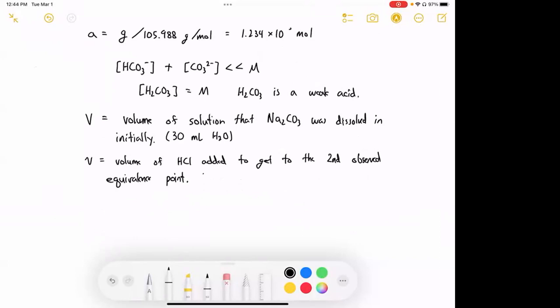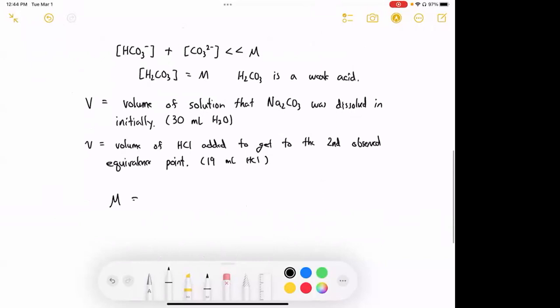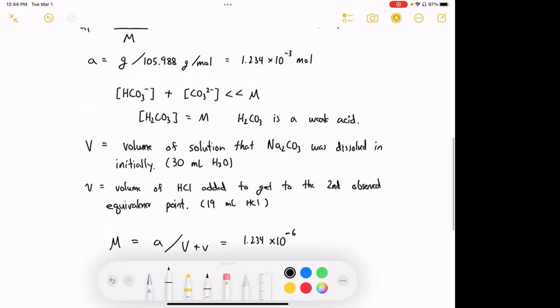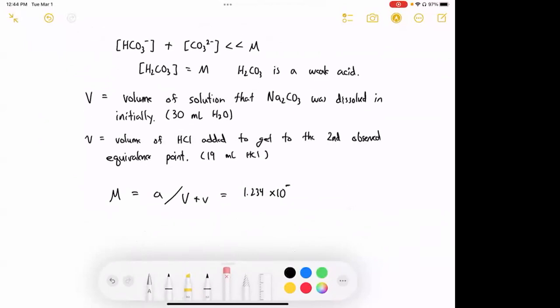So say it took me 19 mils of the HCl to get me to the second equivalence point. Okay, so then our equation turns into molarity equals A over V plus v equals 1.234 times 10 to the negative 3 moles